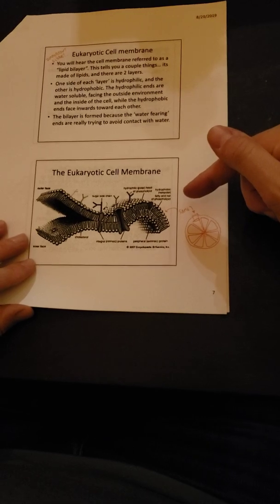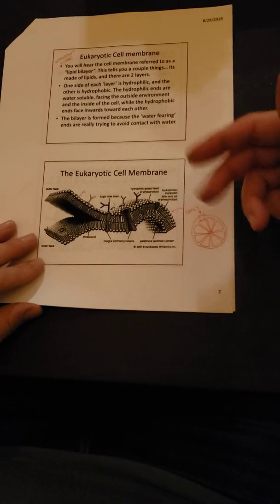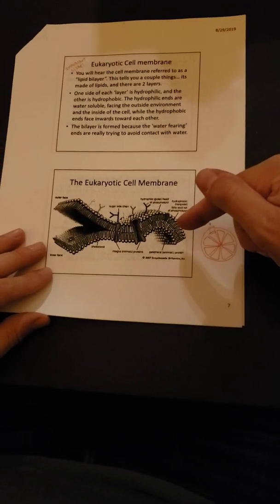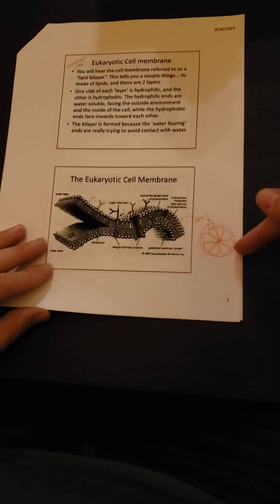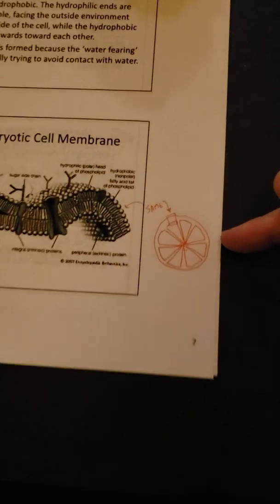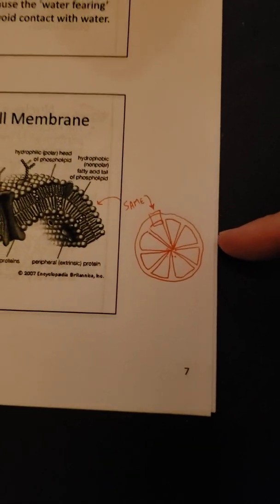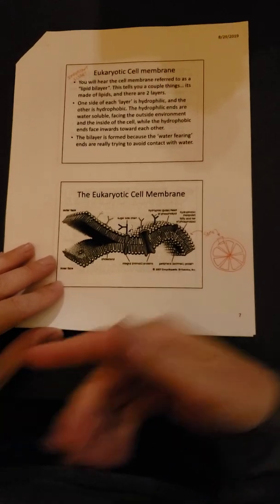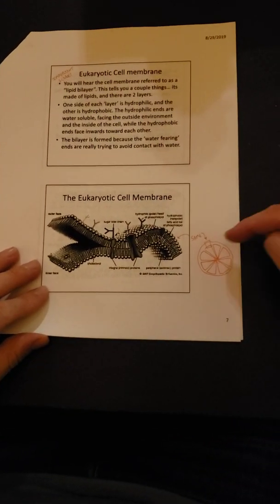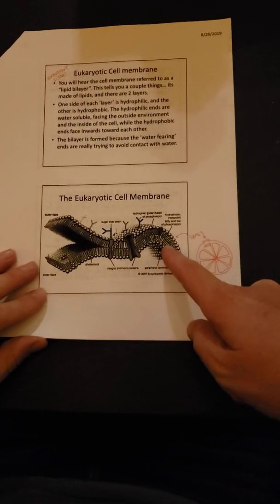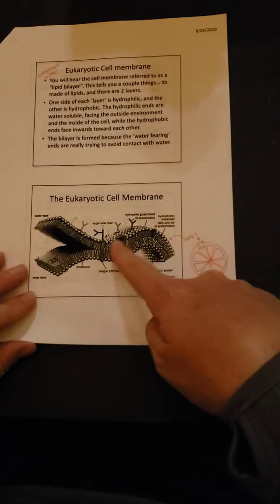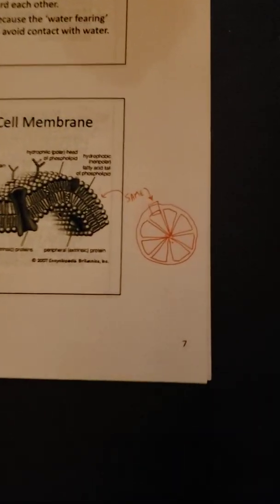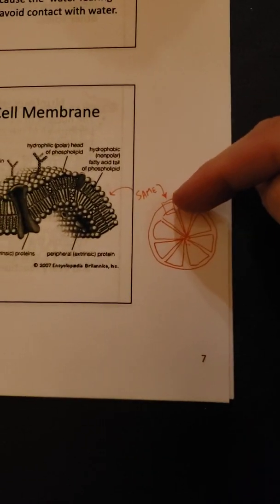This slide, again, the picture doesn't look great. If you look at it on your computer, it'll be better. I just want you to know what you're looking at. So I drew a really crappy orange here. And the box there is if I cut the orange in half, and I'm looking at the inside of the orange. So that part of the orange, if this is the cell, that's the cell membrane. That's how I explained that in class, and everybody seemed to understand, so I hope that made sense. So that part of the orange,